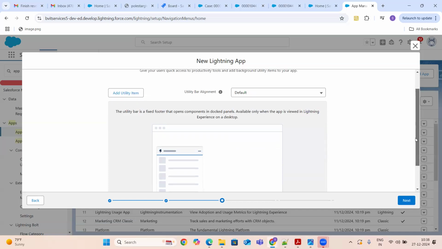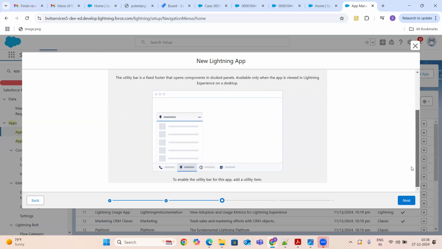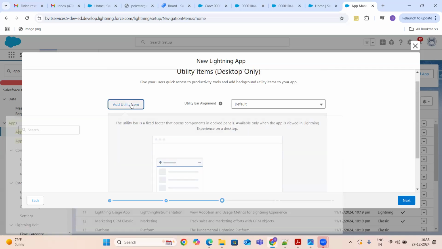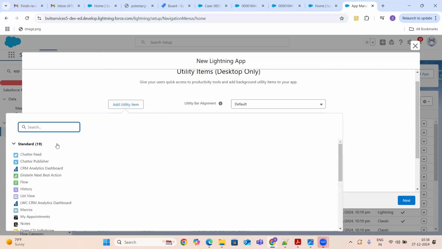And utility items. Utility items are nothing but, this is your application, right? Complete application. Down here you are able to see the shortcuts. Those we call utility items. So if I click on add utility item, basically I want to add Chatter as the shortcut.